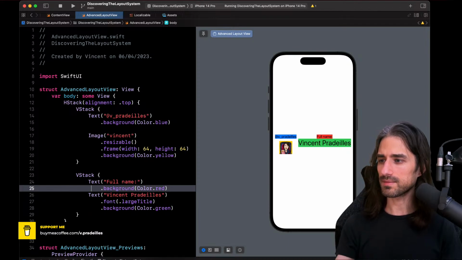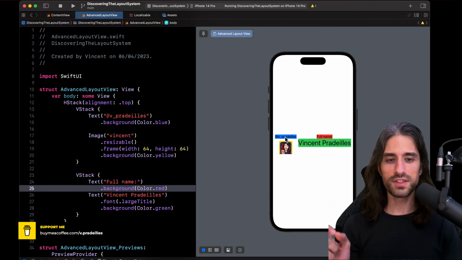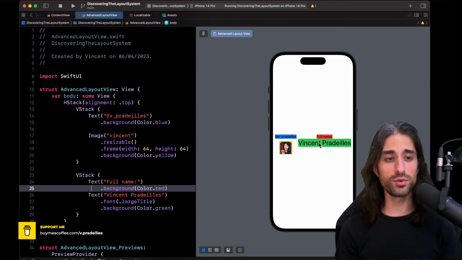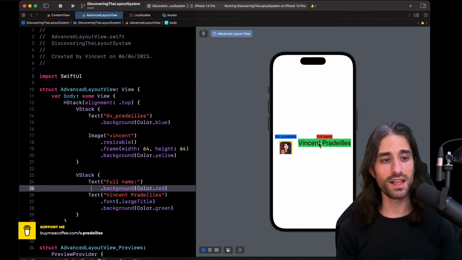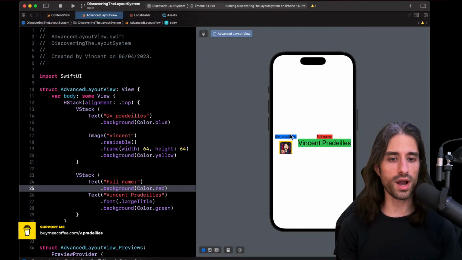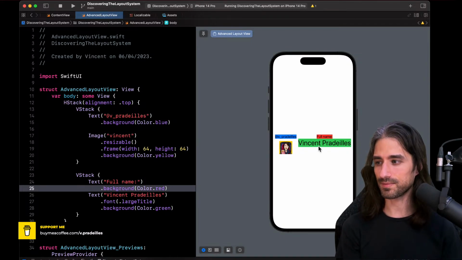So, for instance, if I were to ask you to align the text on the top left here with the text on the bottom right, using the alignments in the HStack, we don't really have a way to do it. You're saying padding to full name. You could add a padding, but then you would be putting in magic numbers, and that's not guaranteed to work in all circumstances. And that wouldn't encode the fact that we want to align the blue text with the green text.